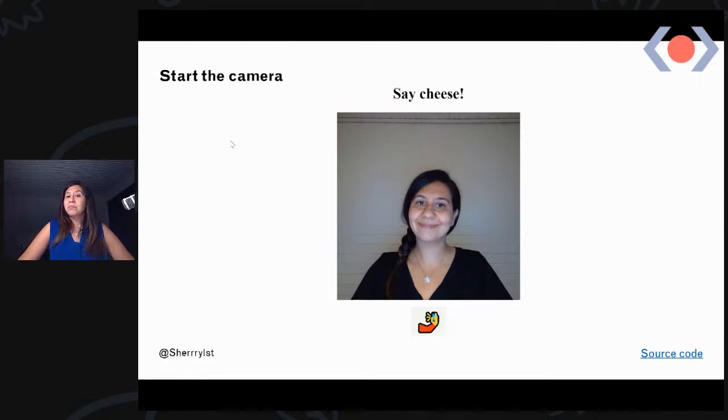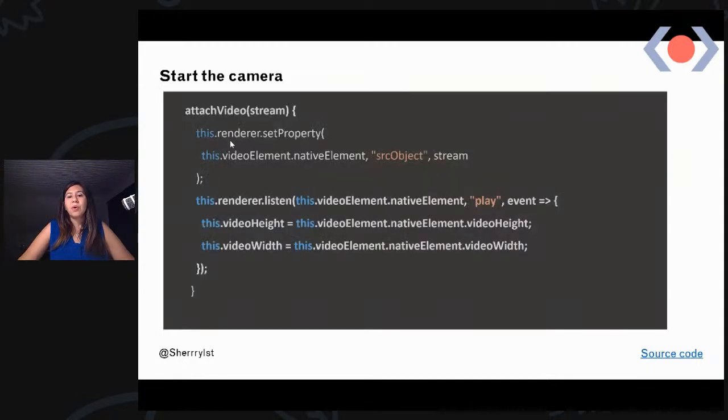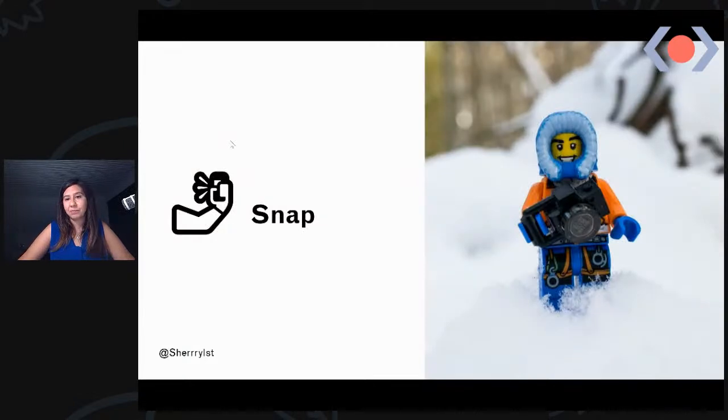So we have it up to here, but what we need to do is make it ready so that when I click the button, I capture a snap of it and then put it into my canvas. Because it's a live stream of data, first you also have to listen to it, and then get the width and height of it, because we need it later on for the canvas.